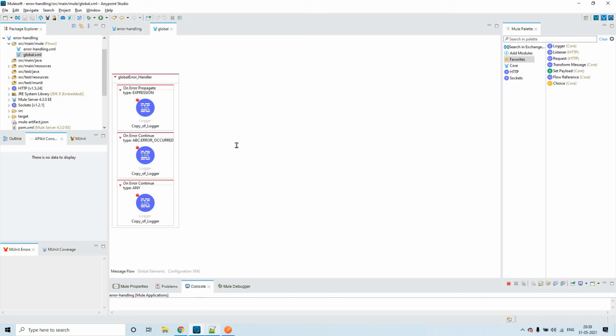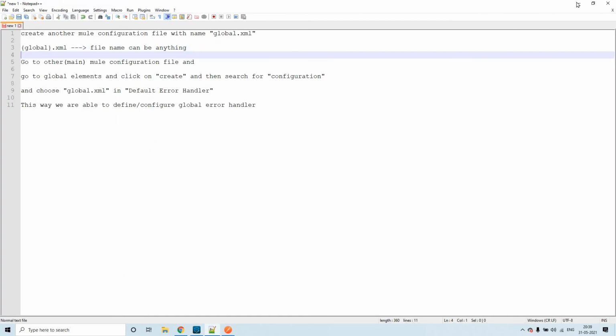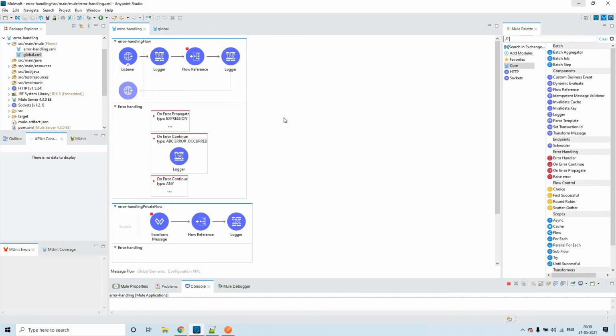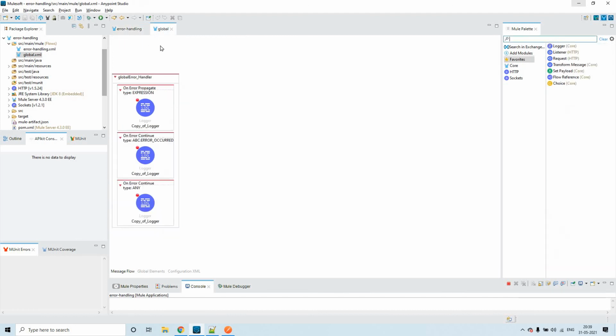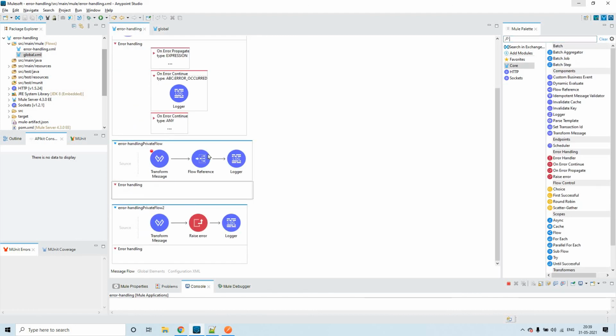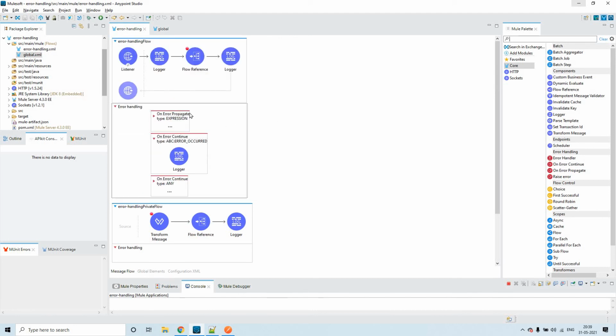And also how the propagation of the flow will happen when we connect all the Mule configuration files with the global error handler, and if you remove this, if you disconnect this, how the propagation of the flow will happen, or how the error control will be shifted from one flow to another flow. That is what we have seen here. So this is all about the global error handler.